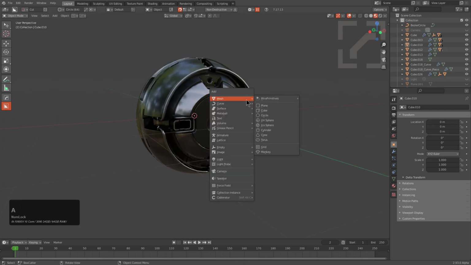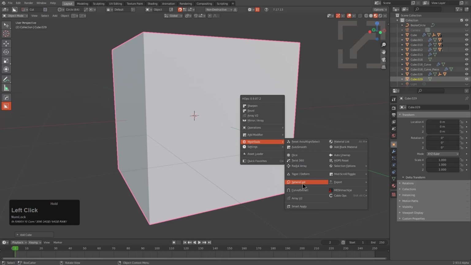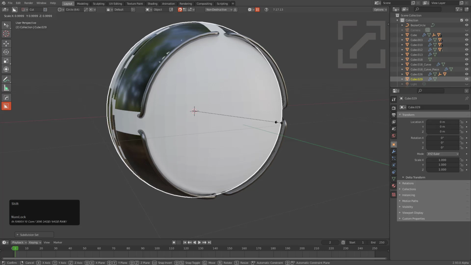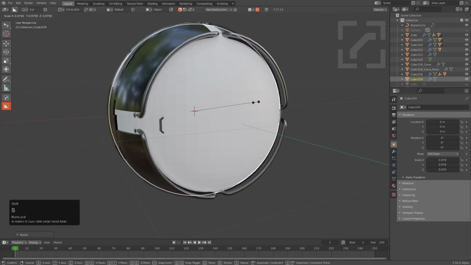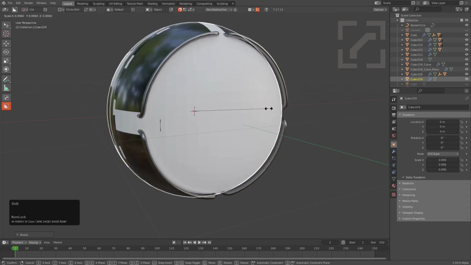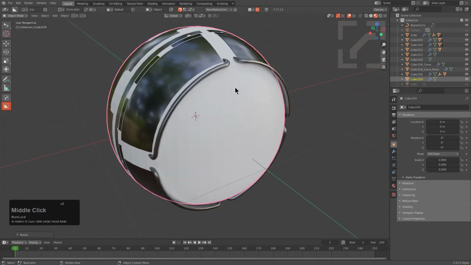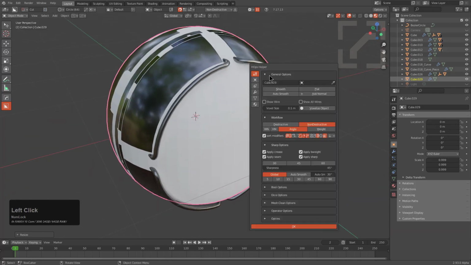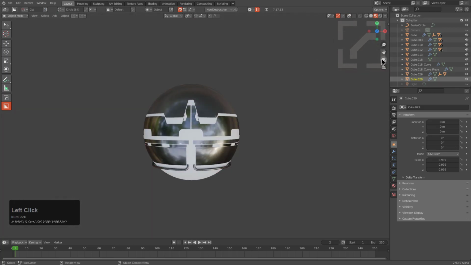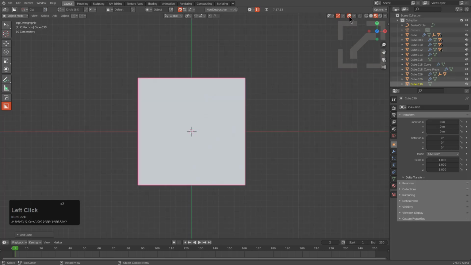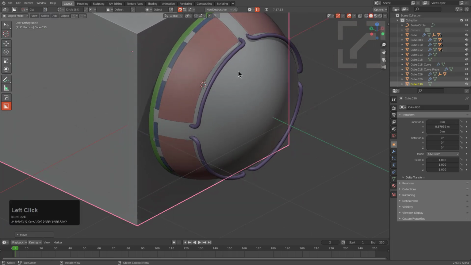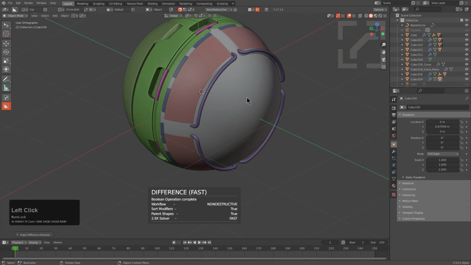Keep in mind, I also enjoy Shift A, adding a cube, pressing Q, and using sphere cast in order to cast it into a sphere. And then of course giving it a sub D level of 4. So we could bring it in probably about maybe about there. Alright, and we want to smooth it, but we don't want to sharpen it because the same issue from before will happen. But let's just Shift A, add a cube, maybe turn on our overlay so we can see what's happening. And we'll select it all the way to here, select both of them, difference,